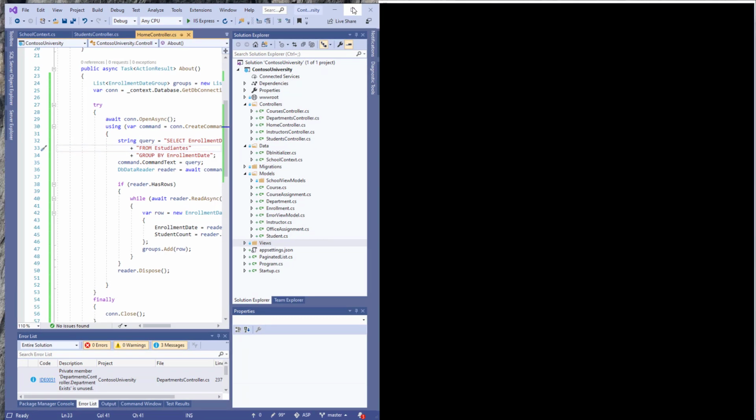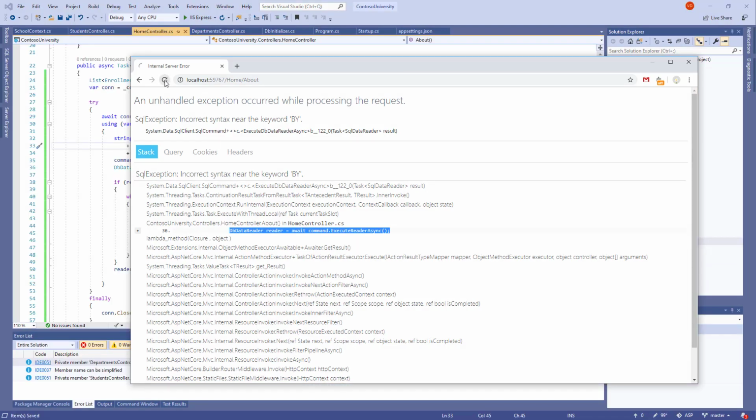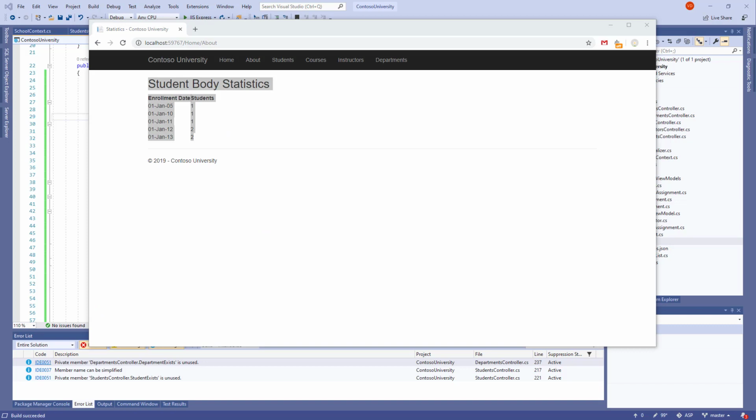So what we should do is add the space, save, and then try to click refresh to see whether it would be okay. Now we have to press Ctrl and F5 again for the whole party to start. And we see that everything works the way it should be working,